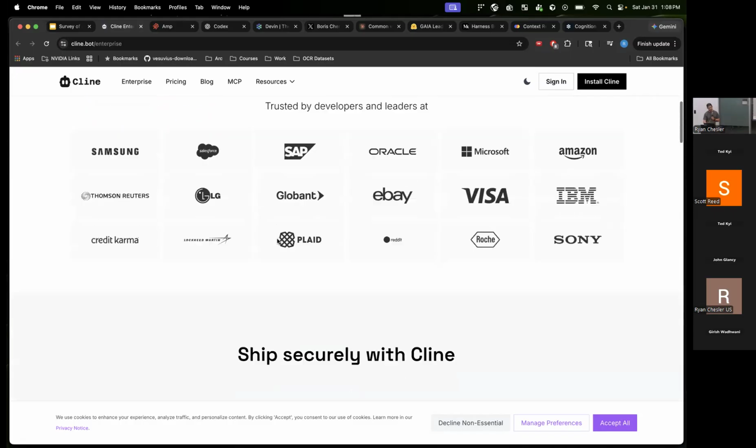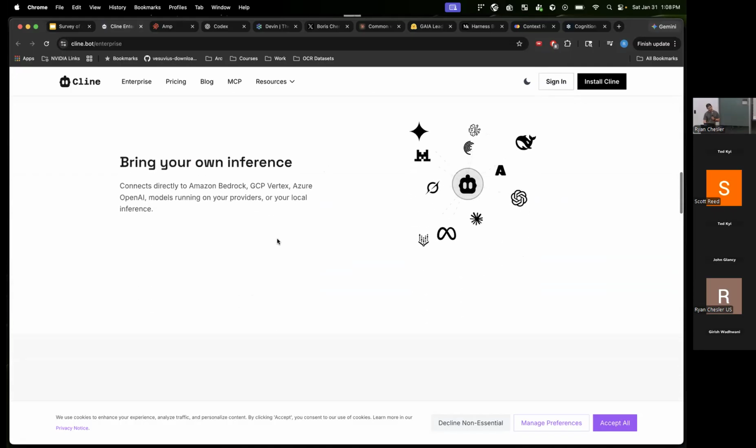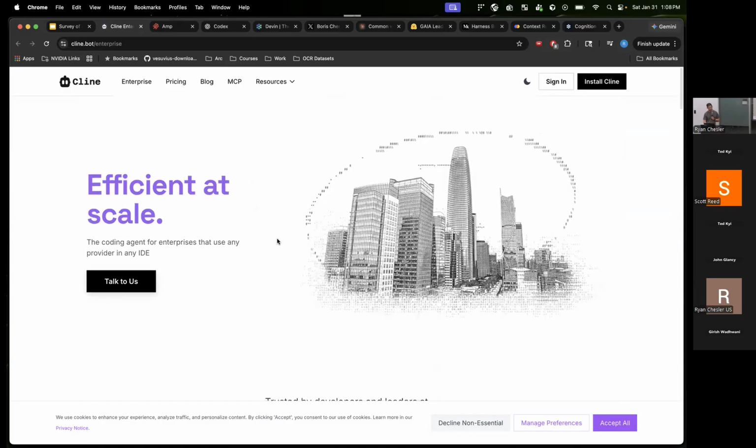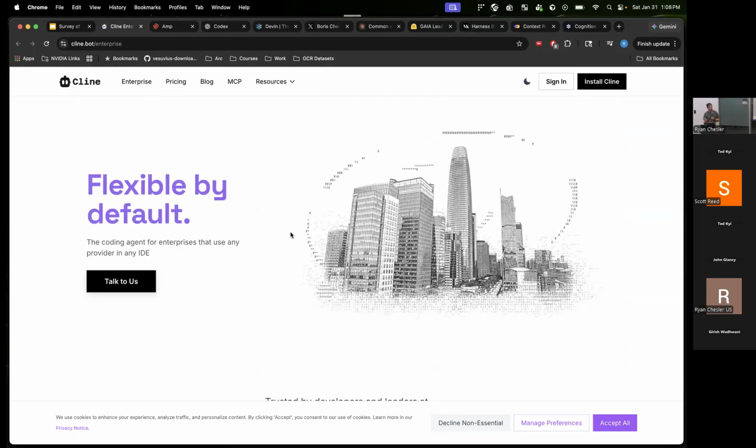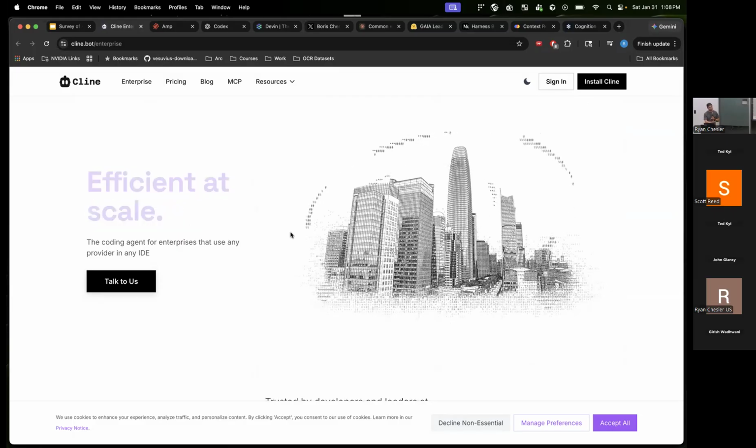And so Cline is an interesting one because they basically said, all of these other tools, they're backed by some subscription. And this is saying you're paying for the tokens. And if you want the best result, just dial up the tokens. And if you don't care about the cost and you want the best result possible, then we'll allow you to do that. If you are cost conscious, then we can dial it back. But